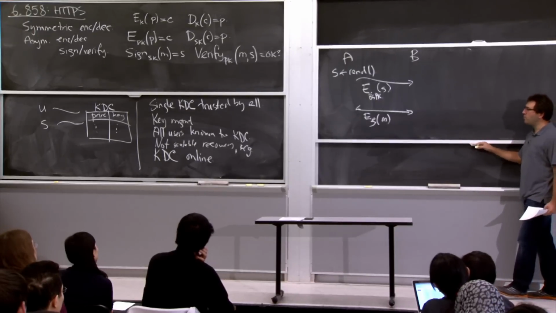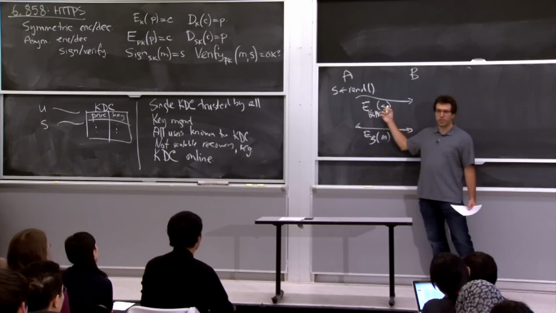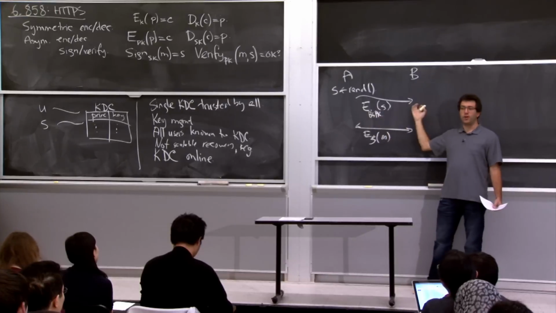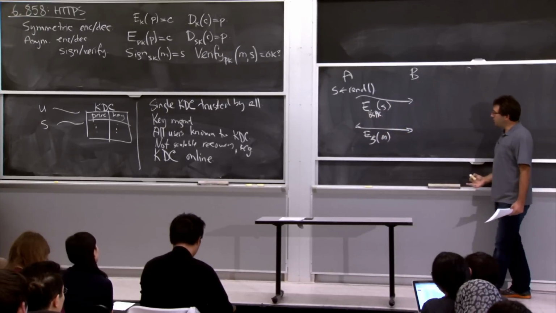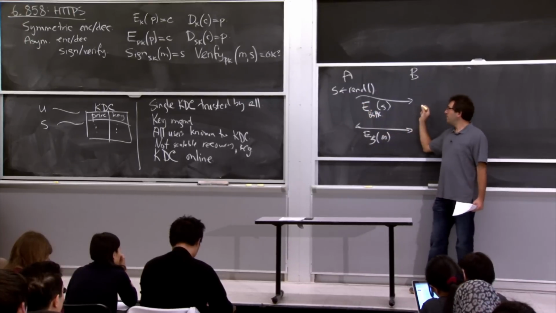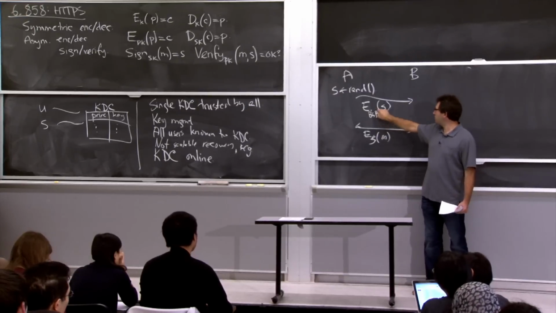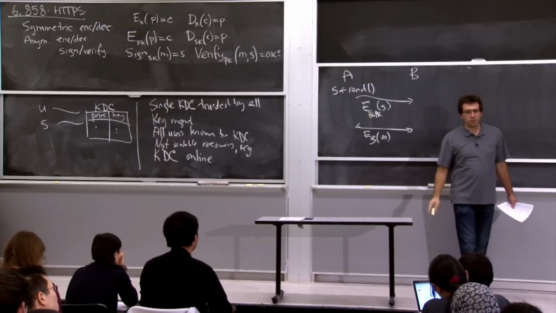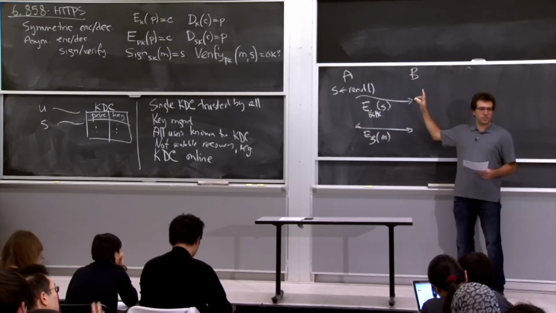So there are some nice properties about this protocol. One is that we got rid of having to have a KDC be online and generate our session key for us. We could just have one of the parties generate it and then encrypt it for another party without the use of a KDC. Another nice thing is actually, we're probably pretty confident that messages sent by A to B will only be read by B, because only B could have decrypted this message, and therefore only B should have that corresponding secret key S. So that seems pretty nice. Any questions about this protocol?